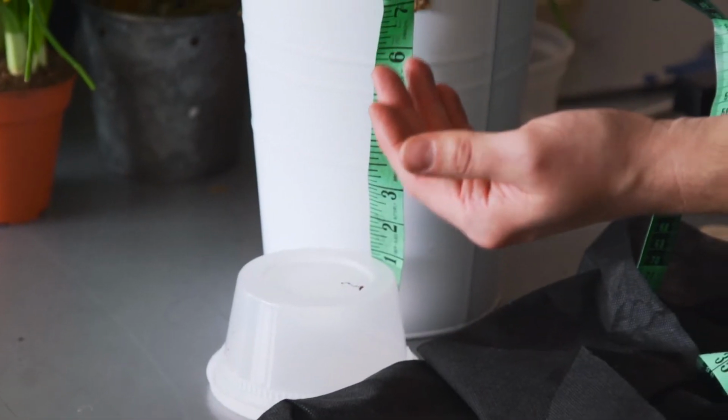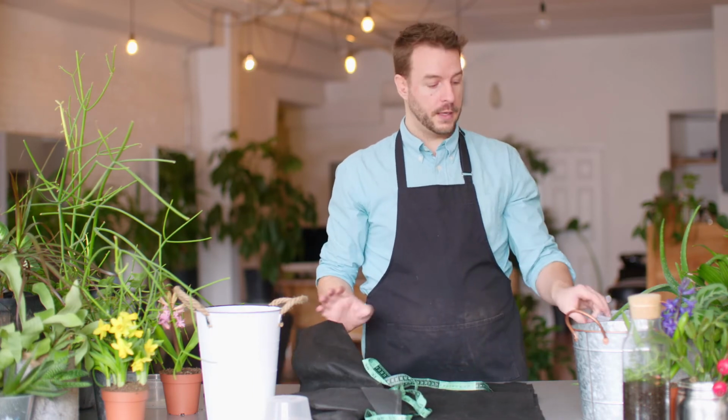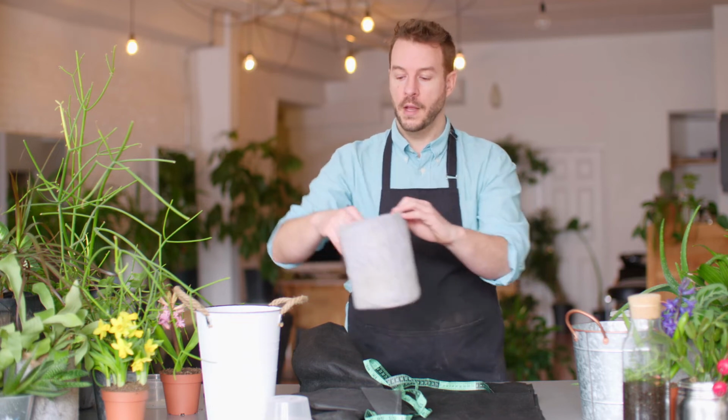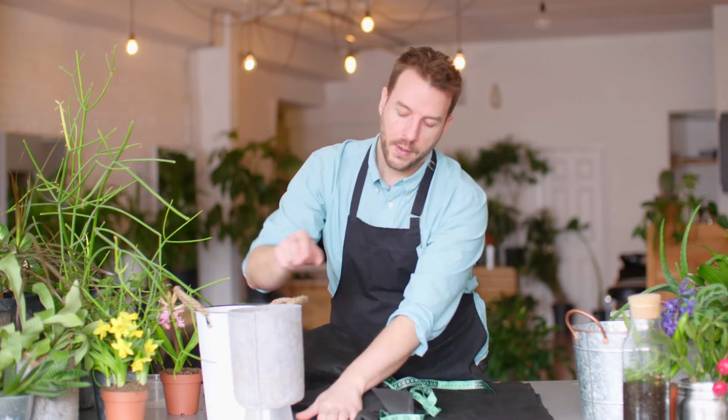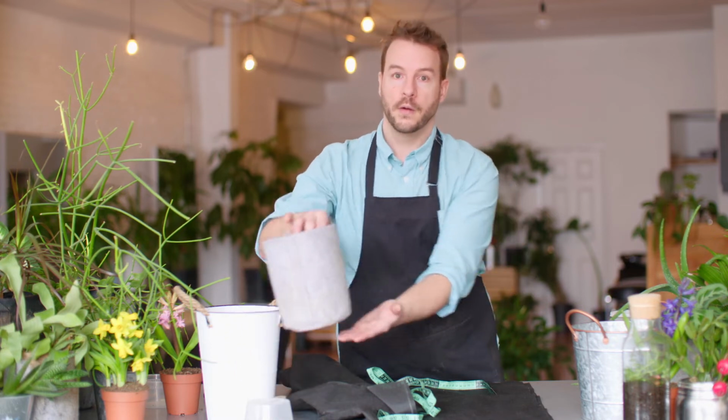If you don't have that part of your grow bag that's dangling down, then you're not going to have any water wicking up. So if you're not making your own geotextile fabric pot and you are buying one of these online, when we look at how this is set up, if you've got water in your reservoir here, there isn't any of the pot that's actually touching that water. So what we have to do is create a wick that is going to bring the water to the bottom of the